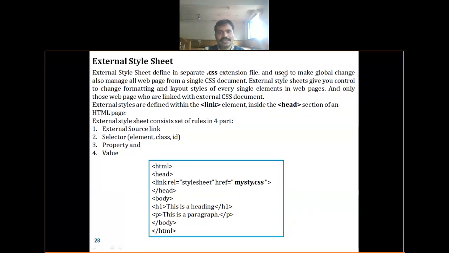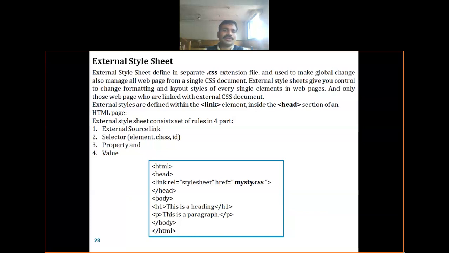An external style sheet is defined with the extension .css. A .css file is used to make global changes, and also to manage all the web pages from a single CSS document. So if I make a 100-page website, I just save a single file with .css. What heading is required, what paragraph color, what body color, what the ordered list is, I just save in a single file with the extension .css.